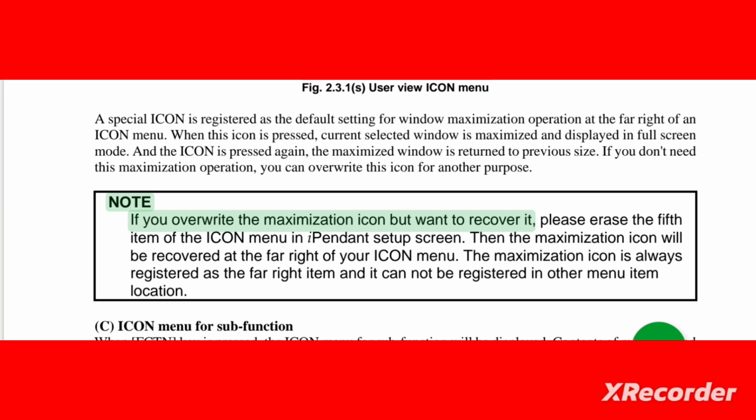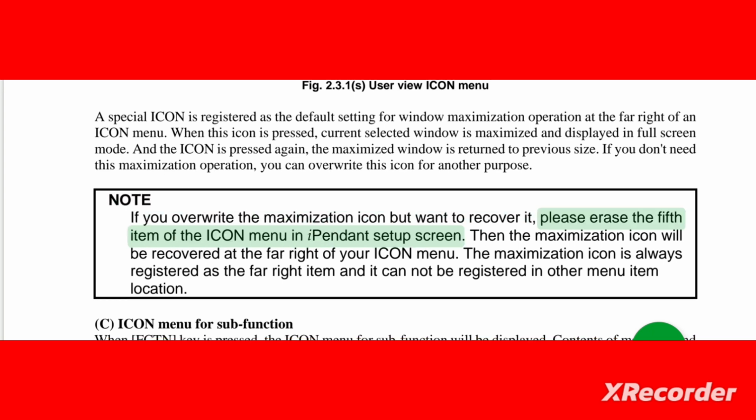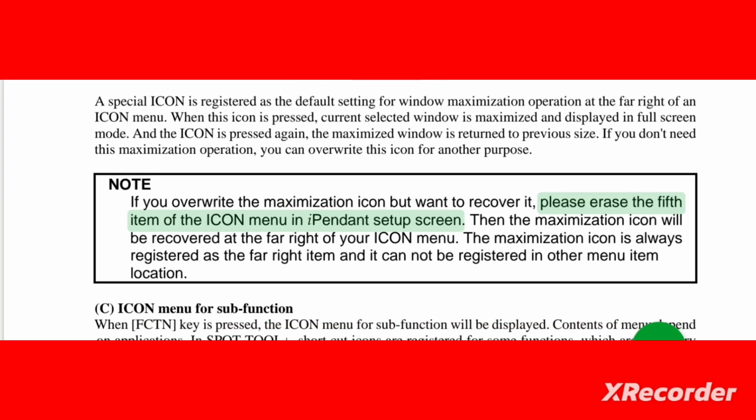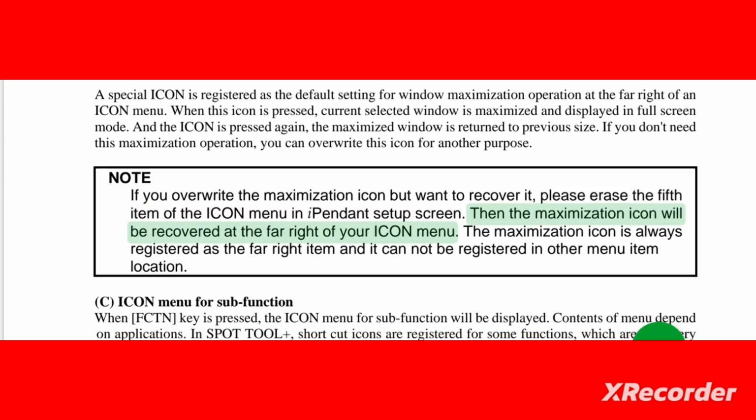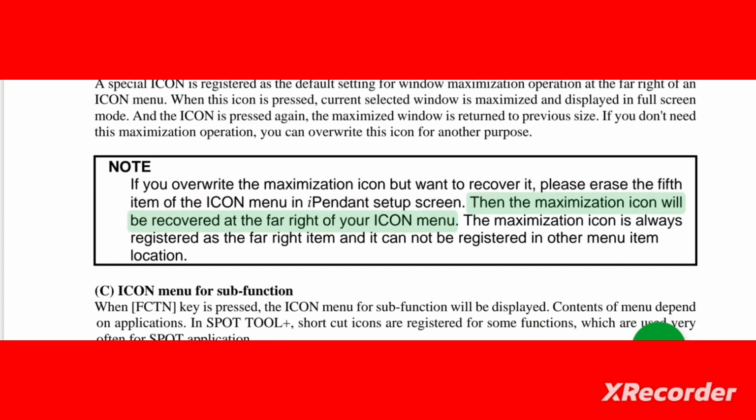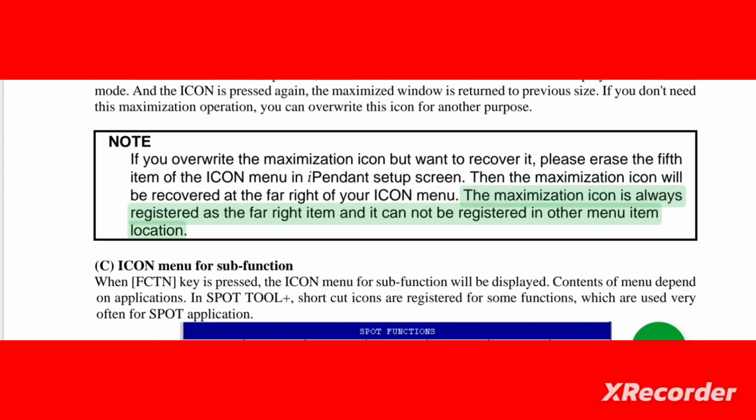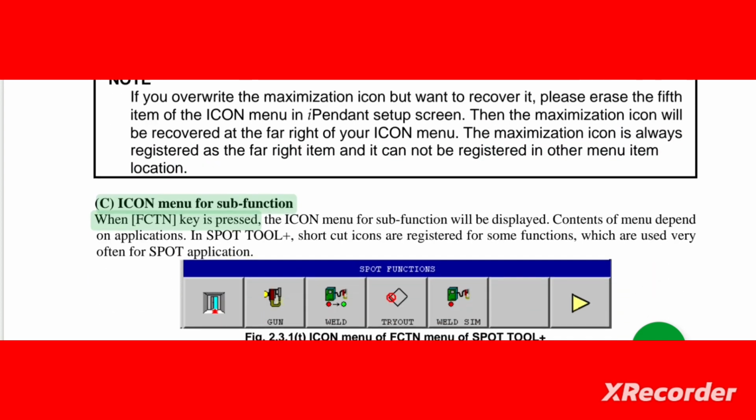Note: if you overwrite the maximization icon but want to recover it, please erase the 5th item of the icon menu in a pendant setup screen. Then the maximization icon will be recovered at the far right of your icon menu. The maximization icon is always registered as the far right item and it cannot be registered in other menu item locations. Icon menu for sub function: when the FCTN key is pressed,